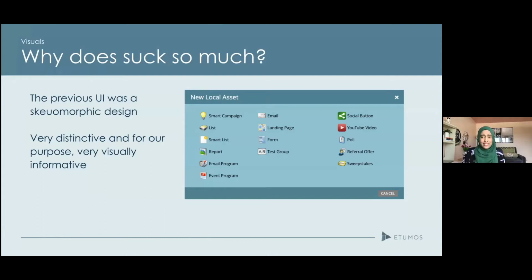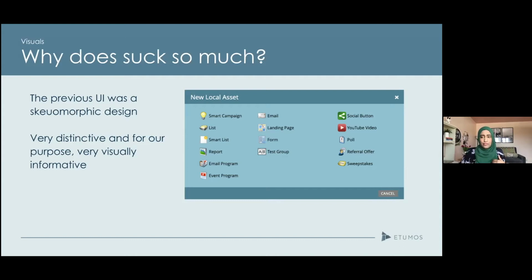And what that basically means is that the icons really represented what the activity or the task was. So think of a trash can representing delete or the floppy disk representing save. In Marketo, that equivalent was a mailbox for an email program or a literal Rolodex for a list, right? And for our purposes as Marketo users, what that meant was that everything was very visually distinctive. And when we were looking down the marketing activities tree, we could actually absorb so much information just by scanning